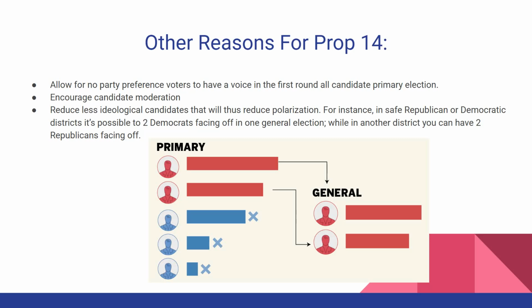So in California, for instance, in the Bay Area, San Francisco, Oakland, Alameda County, you might get 2 Democrats facing off in the general election, which actually makes more sense because those areas are predominantly and more traditionally